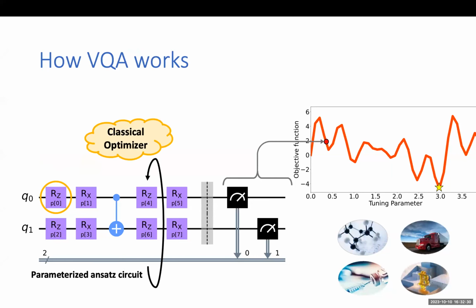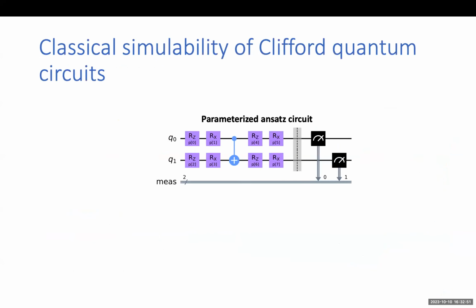And you have a classical optimizer, which you might use anywhere else, to tune the values of each of these gates. How does this work? It's doing something like a finite difference method based on the objective function values it's calculating here to set these values. This is what you're going to tune so that you go down this contour. Okay, so it's great. Now this is where the Clifford aspect comes in.